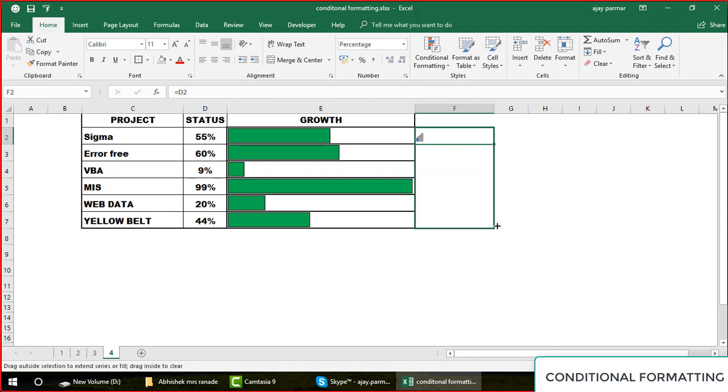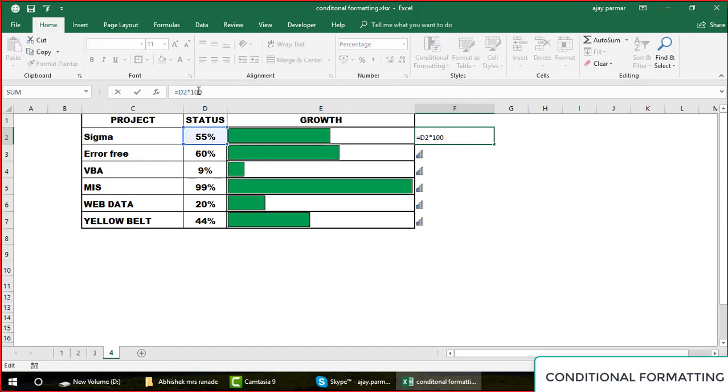If I drag this, all the graphs would look the same, again for the same reason. 55% is 0.55, if you look at it from the Excel perspective. So I have to multiply them by 100 to convert them into a whole number.